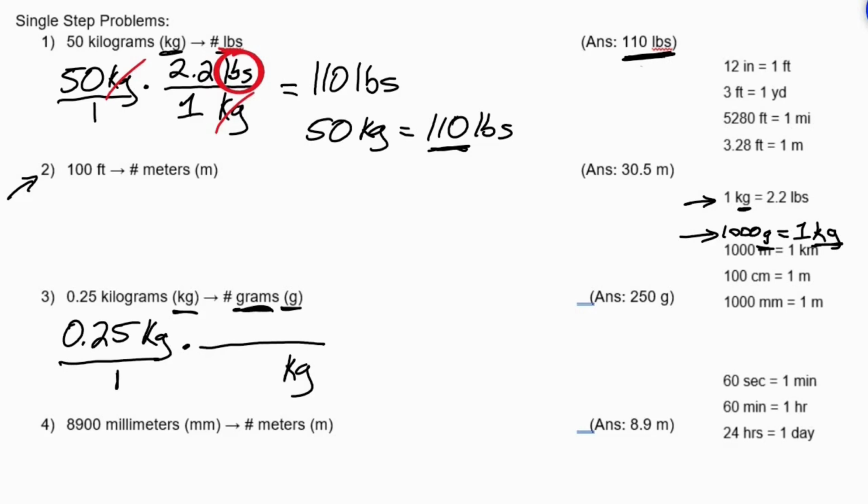So how many kilograms is it? 1 kilogram is equal to what? 1,000 grams. Our units will cancel out. We're going from kilograms to grams, and we actually have grams over here indicating to us that we're done with